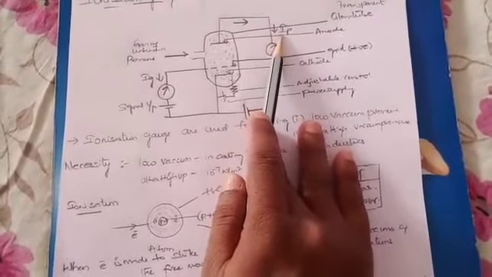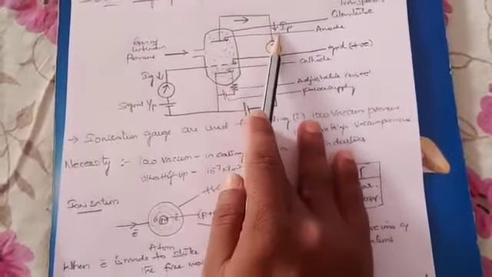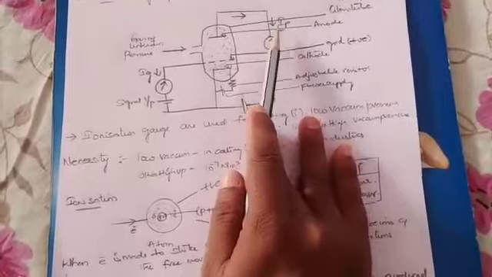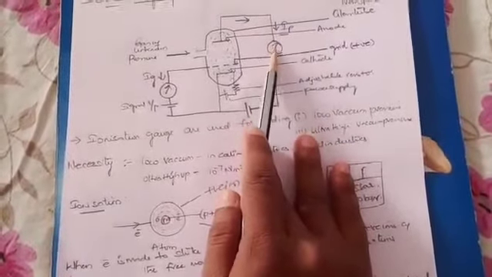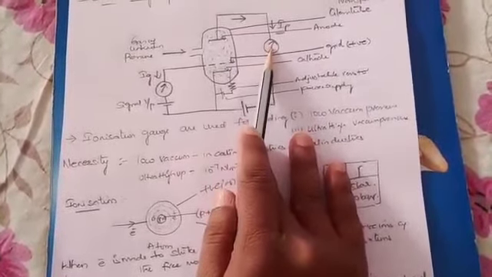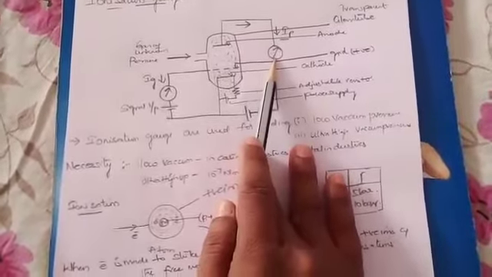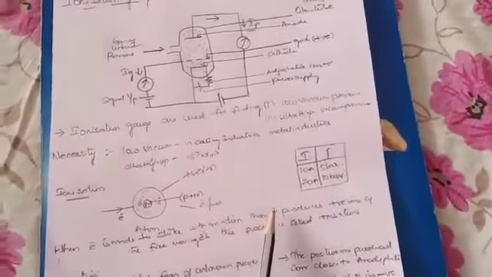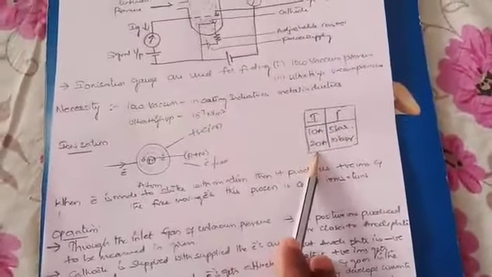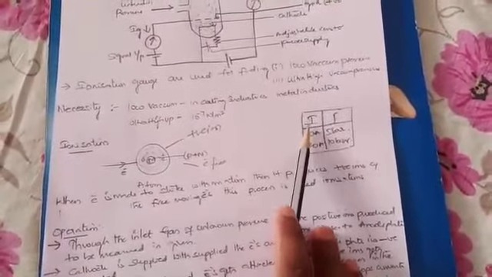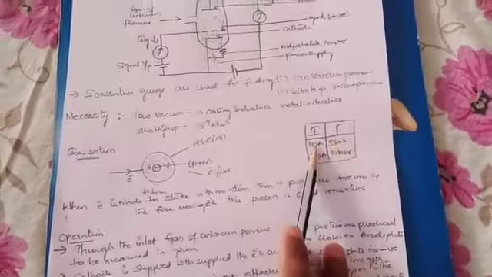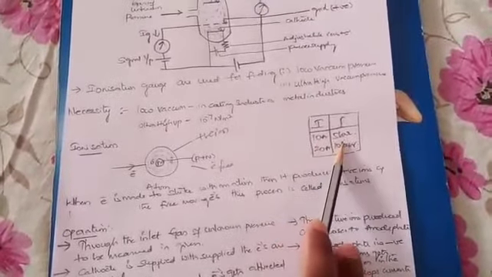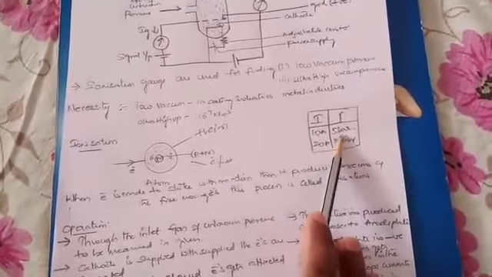It is named as IP. The current produced due to the positive ions is named as IP. There will be some current indicated in the ammeter, and that current is used for measurement of pressure. Generally they use different charts for measurement of pressure. Let us take an example. This is current and this is pressure. If it is showing some 10 amperes, then the pressure will be shown as the corresponding reading.